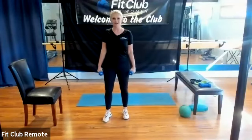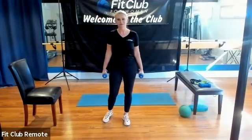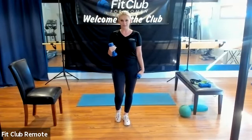So for the warm-up today, I'm going to try to get your heart rate up a little bit. You might not feel a burn, but you're going to feel like you're getting a little out of breath, okay? So we're going to start with 5-pound weights, if you have them available. And then what we'll do, just make sure your back feels good. I'm actually going to show you this way, just so you can see how my back is positioned during this